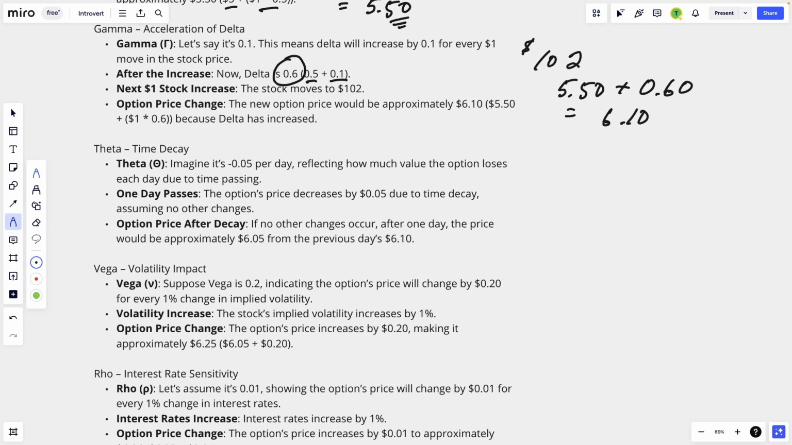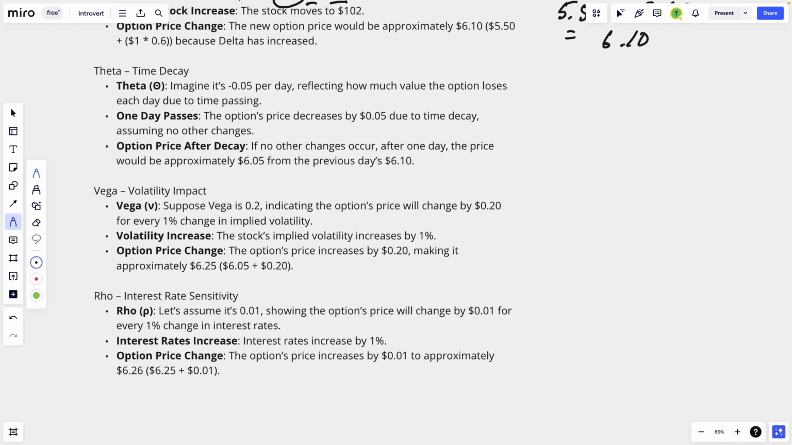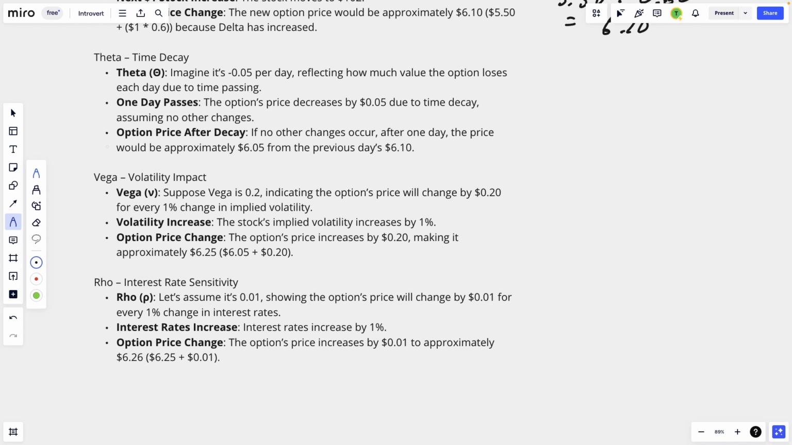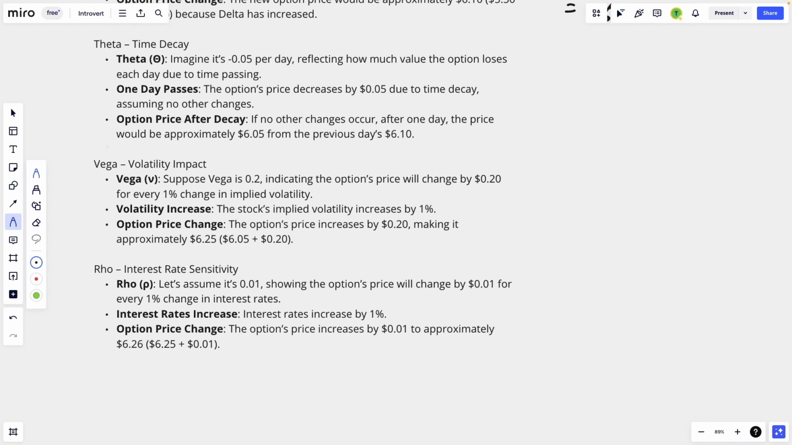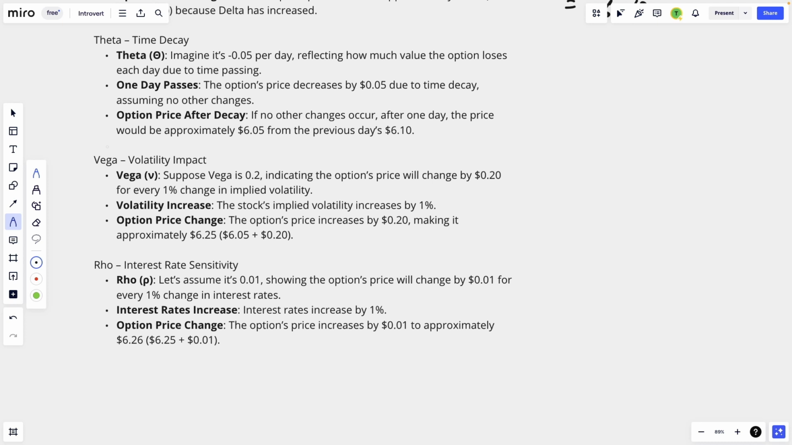So now let's look at time decay, theta. Imagine that the theta for this option was 5 cents per day, reflecting again how much value the option loses each day to time passing. So the option's price is going to decrease by 5 cents every day due to time decay. That's what theta represents. So if we just did the simple example, we were at